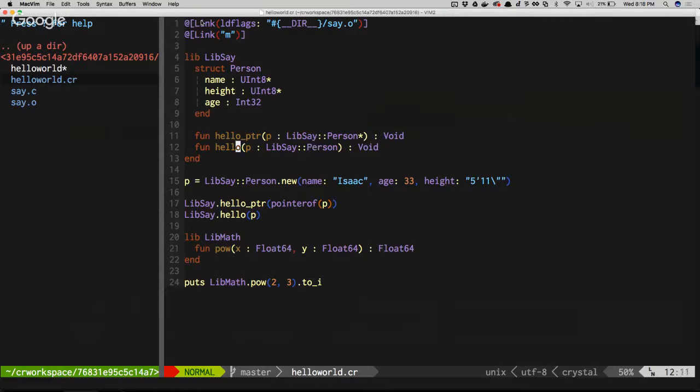And then the same here, but without a pointer. Then I'm defining a new LibSay person, p. And then I'm actually calling LibSay.hello pointer. Because that one accepts a pointer, I'm telling it, give me the pointer of this object that I can then pass to the C function. Here I'm just straight up passing the object.